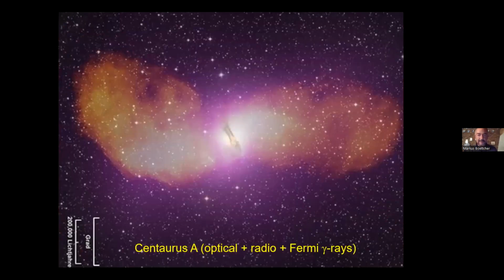There's also radio galaxies where the jet is not really pointing towards us. And Cen A that we've already talked a bit about is one of the very few examples where even without this relativistic boosting and beaming, we can actually see gamma rays, and in this case, even spatially resolve the gamma rays.